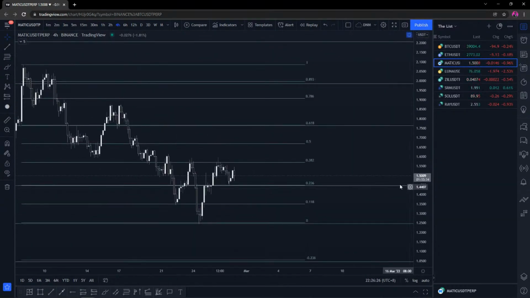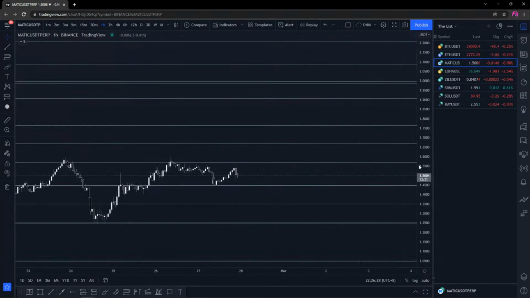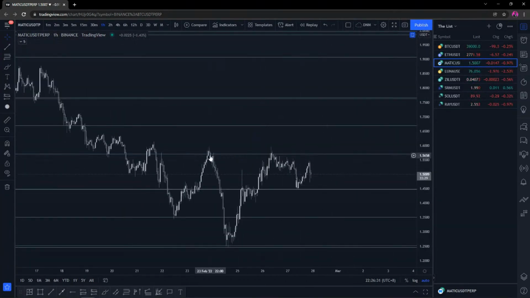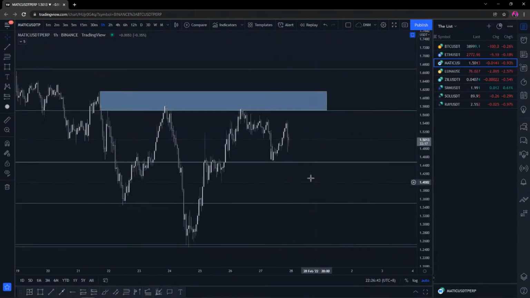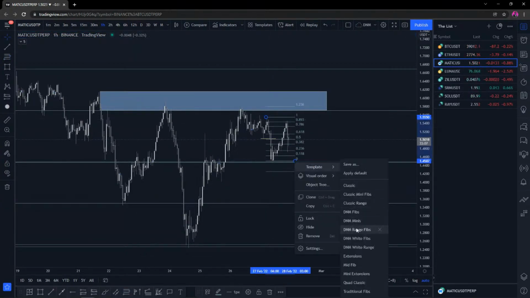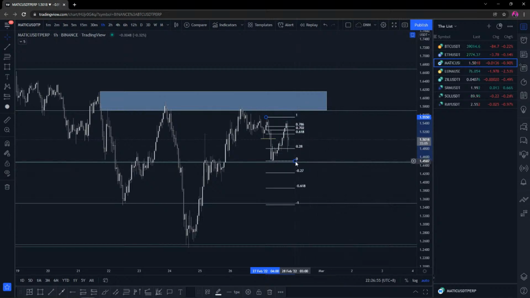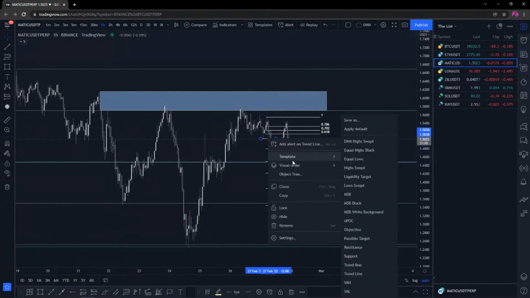If we're looking through here, let's drop to the hourly now. You can see that there's quite a bit of resistance here, which strikes me as a bit odd. So here we've had that market structure break down. Because we've had that key level there tapped through there, that would get me looking for a short. We'd go the white fibs there. And you can see that already just from doing that, because of that market structure break here,